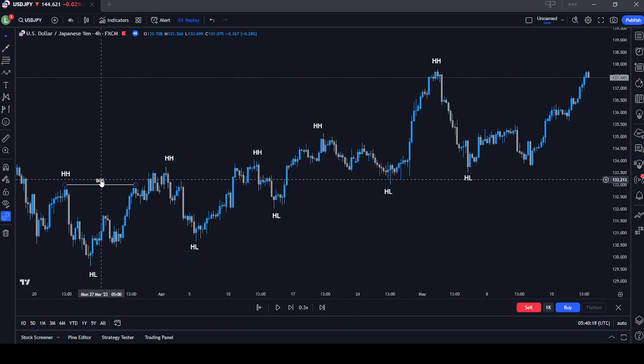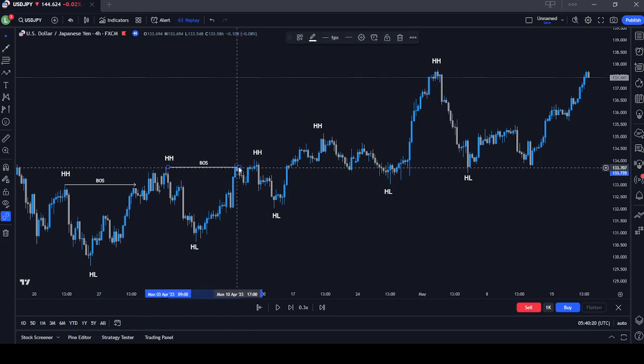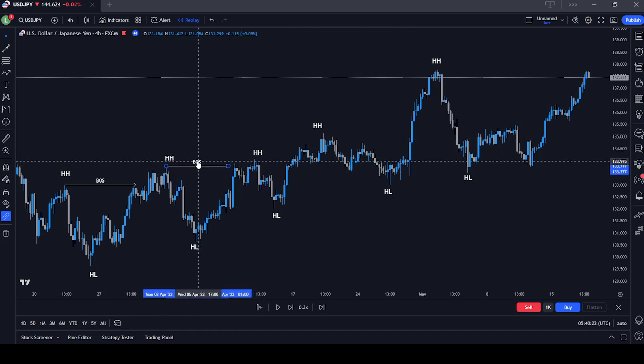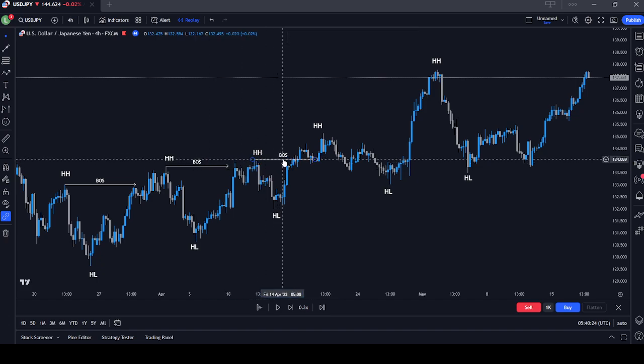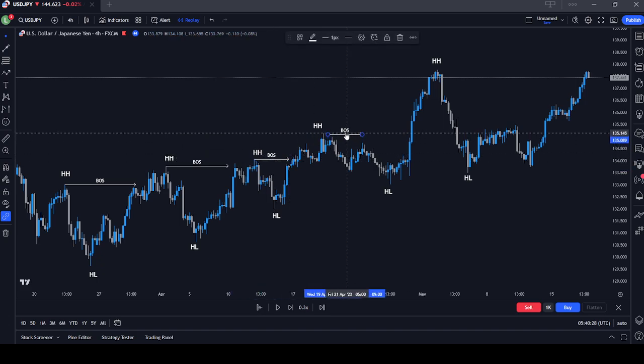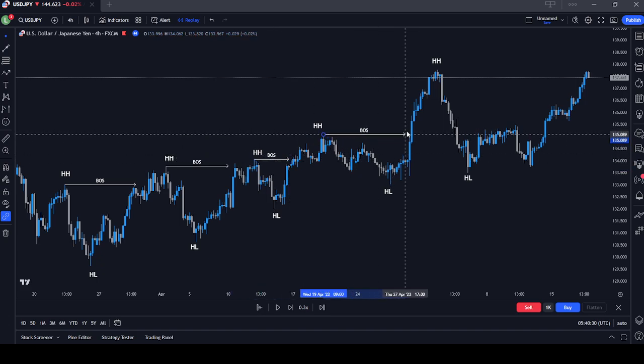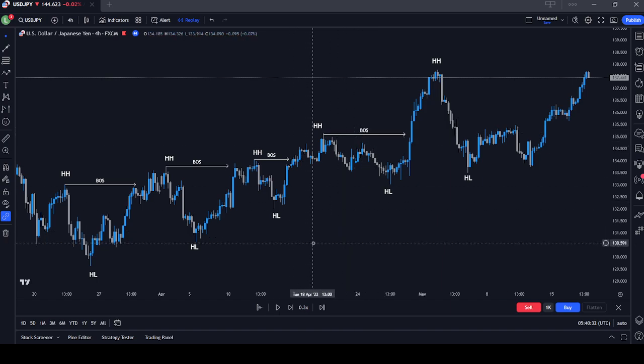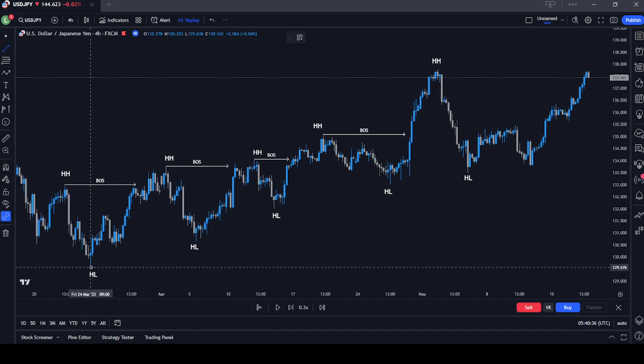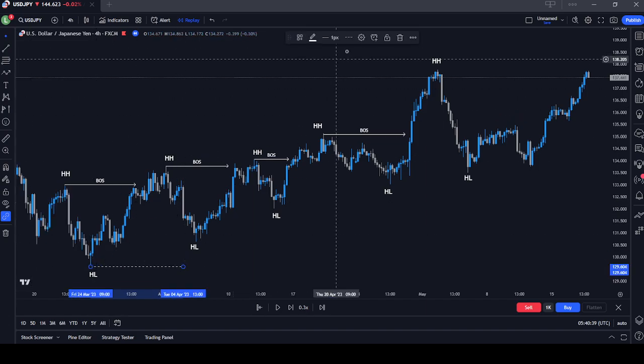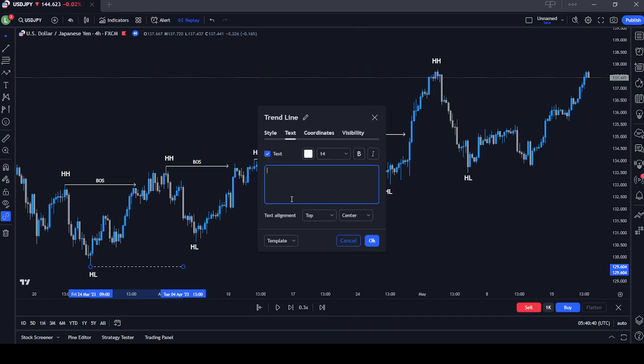So here price breaks our high highs, right? Price does what? Breaks our high highs there. Okay, and price does what? Respects our higher lows. So let's identify where price respects our higher lows. So here, as you can see,